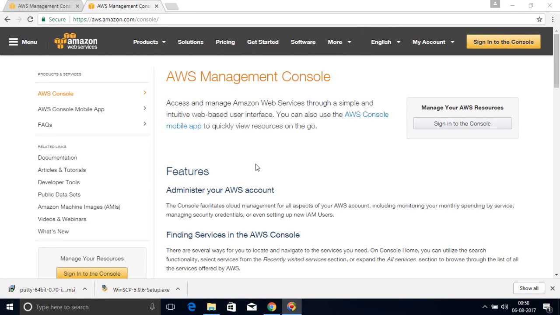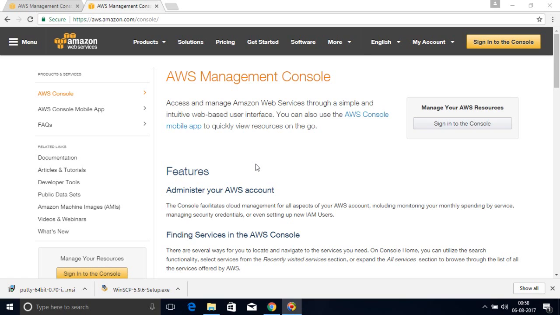In this video, we will quickly learn how to launch an AWS EC2 instance, and then we will see how to download PuTTY and WinSCP, the clients, to connect to any virtual machine, and then we will connect our AWS EC2 instance with these clients, and then we will run some basic Linux commands, and then we will see how to stop and terminate the EC2 instance. So basically this tutorial will cover the full life cycle of an EC2 instance.